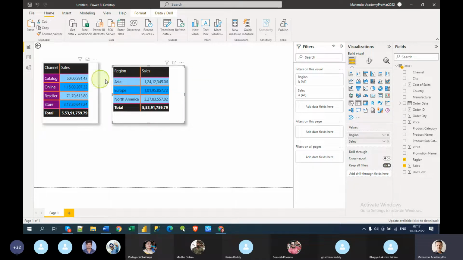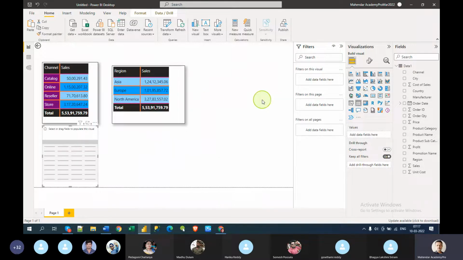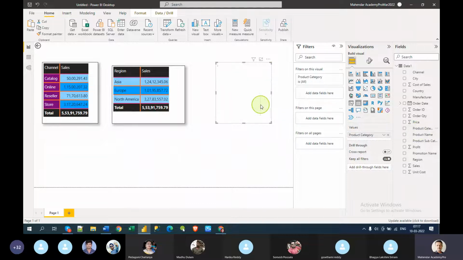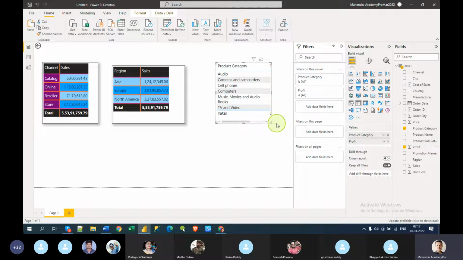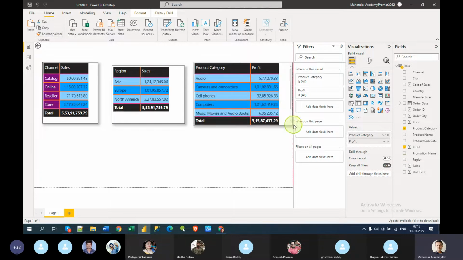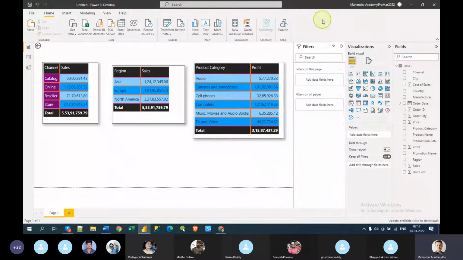And still you can just copy paste that we have done already, and then format, click on create a brand new table. Okay, just like this, and add product category, and then profit, and make it a little bigger. So I'm just showing you how many ways you can create the table. Then you can choose this table format, and then click on this table. Okay, it will just become the same, right?